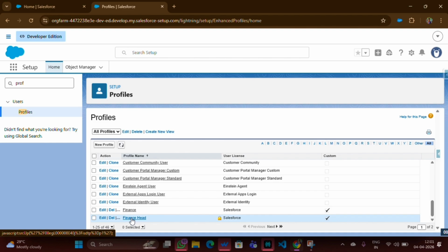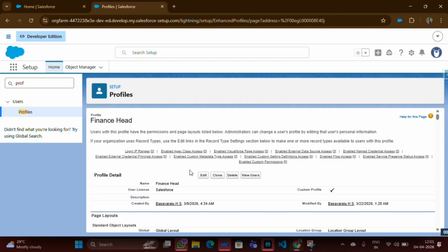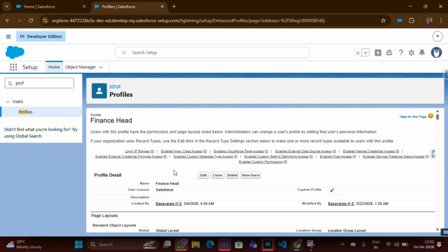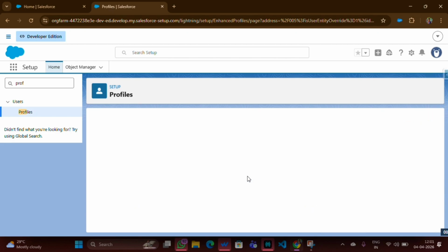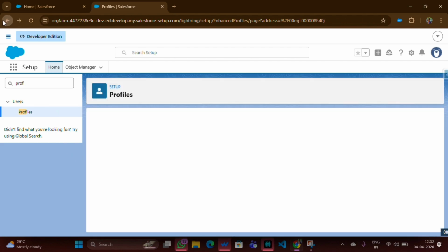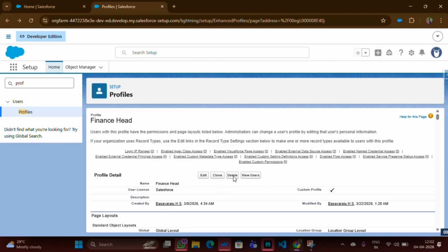First, you need to open this profile. I already told you, if you want to delete any custom profile, you need to check whether this profile is assigned to any users. So currently I will click on Users. This profile is currently assigned to one user, so I'm not able to delete it. If I click on delete, for example, if I go back, and again try to delete this particular profile,